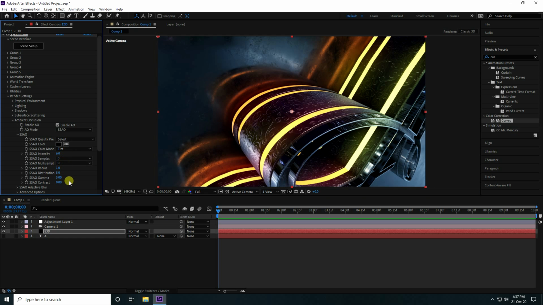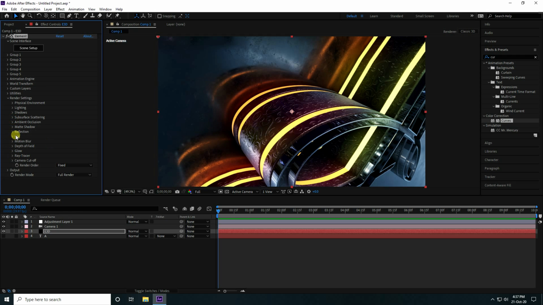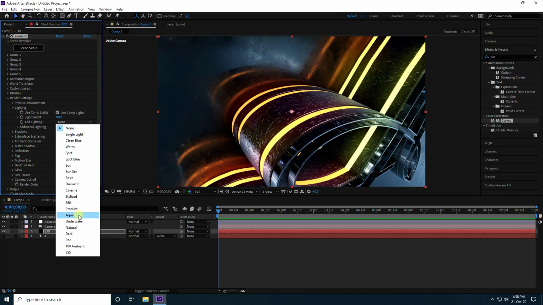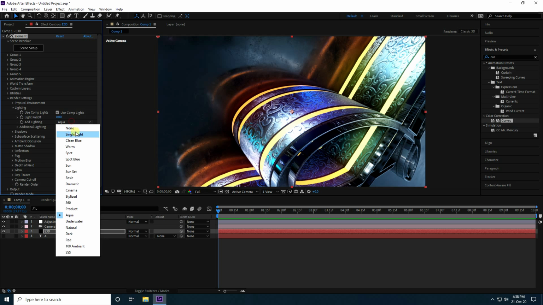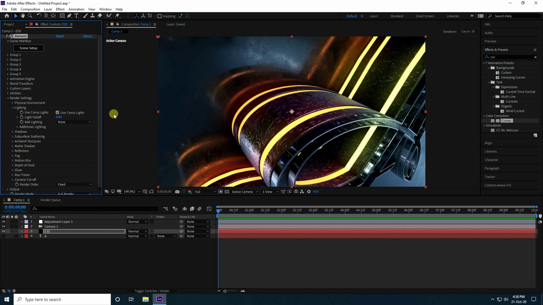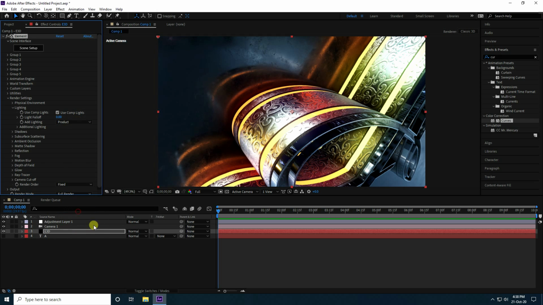And samples increase like 32, right? And go to lighting, and add light, the same product. See guys, you can change anyone. That's my lighting, and that's no light, right? But I like this one.